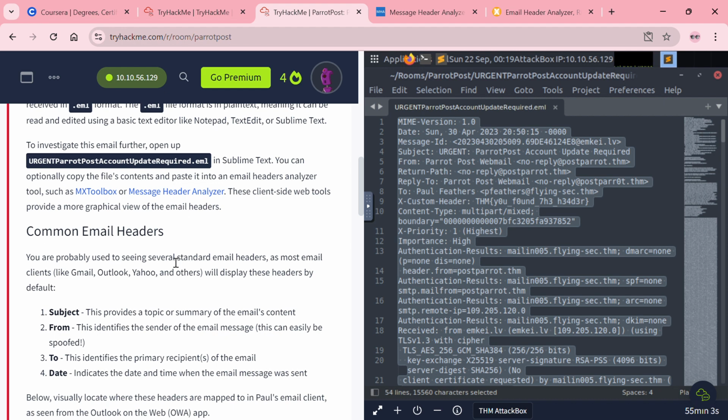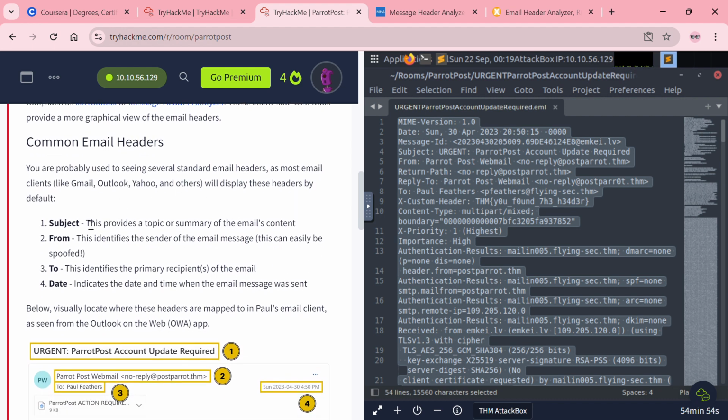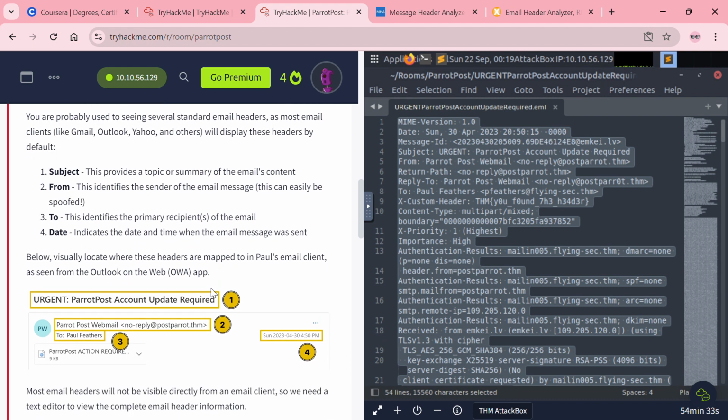Common email headers. You are probably used to seeing several standard email headers, as most email clients like Gmail, Outlook, Yahoo display these headers by default. We have the subject, from, to, and date. Subject provides a topic or summary of the email's content. From identifies the sender of the email message. This can easily be spoofed. To identifies the primary recipient of the email, and the date indicates the date and time when the email